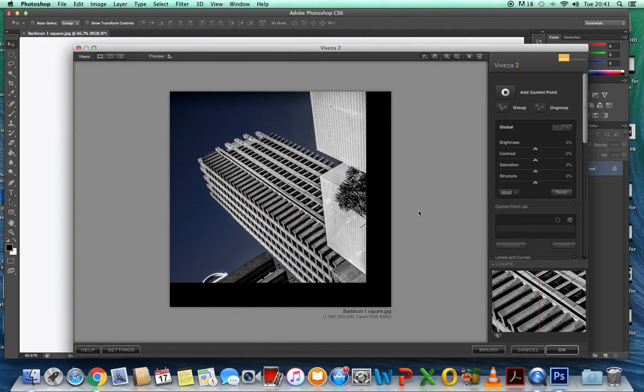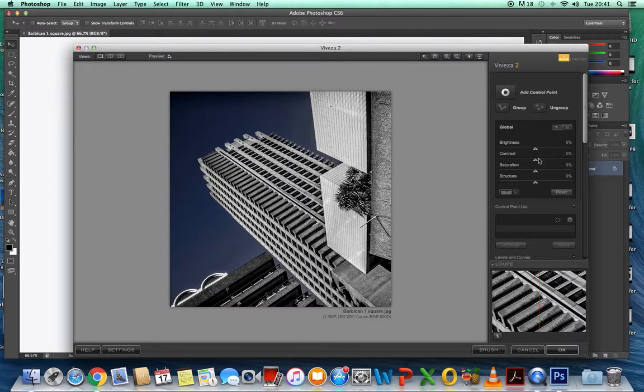I think a lot of you know this already: by moving the brightness, the contrast and the saturation, obviously you can desaturate it down to black and white. But I think it's quite nice to have it part way black and white and part way colour. By using these sliders, you're going to affect all of the image, so if you brighten it, you brighten all of the image. Now, if you just want to do part of it, like just this bit here, click on your control point, click on the area you're interested in,